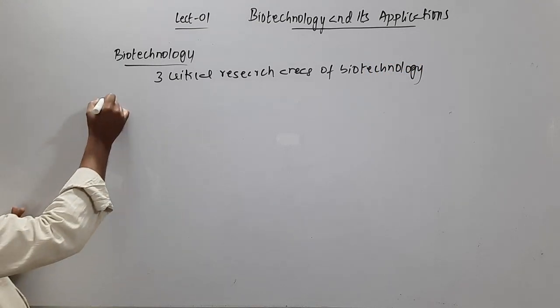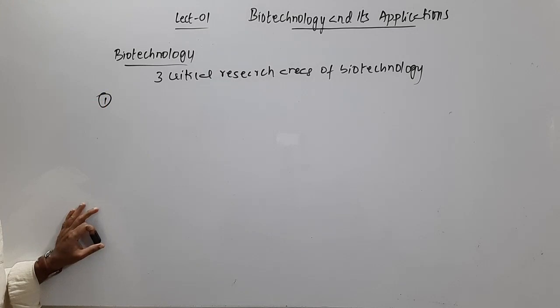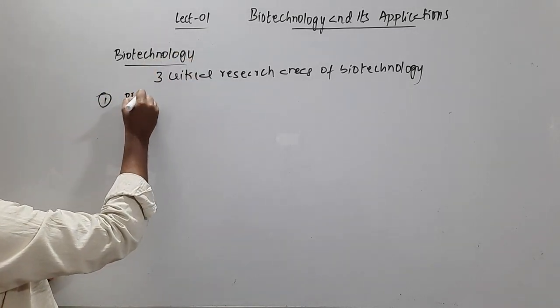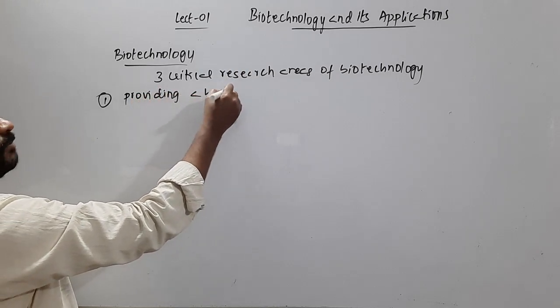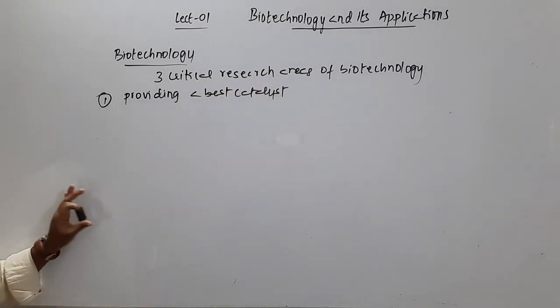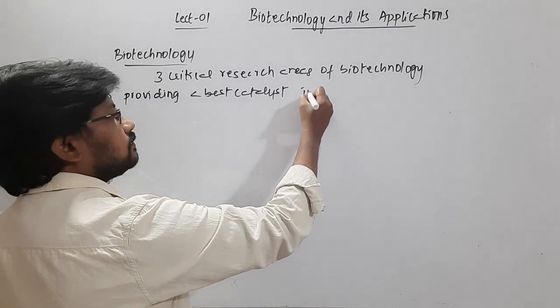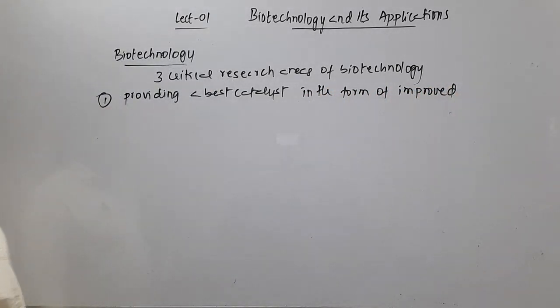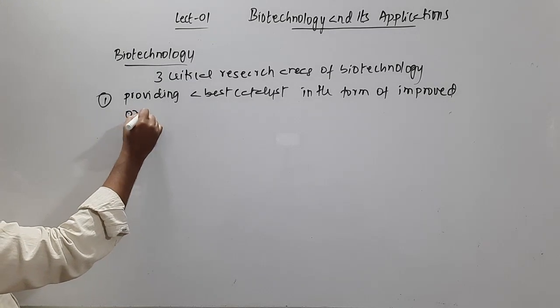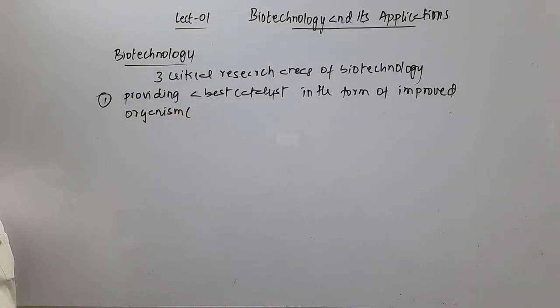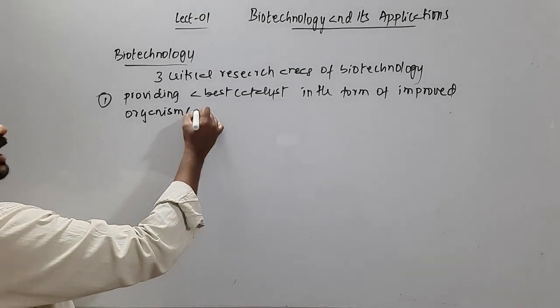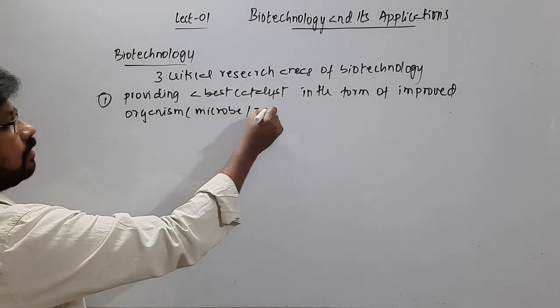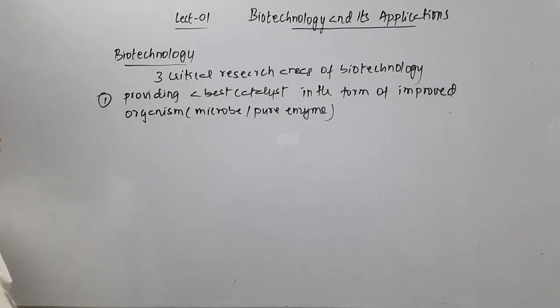So what are they? One is providing the best catalyst in the form of an improved organism. That improved organism will usually be a microorganism or a pure enzyme. So either it is a microbe or a pure enzyme. That will be the best catalyst, so that we get a very good result. Then